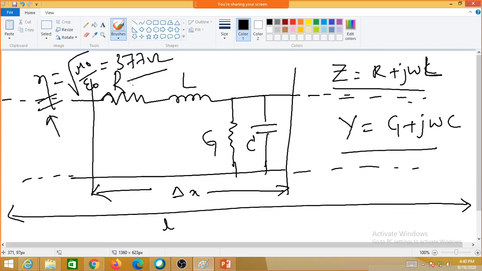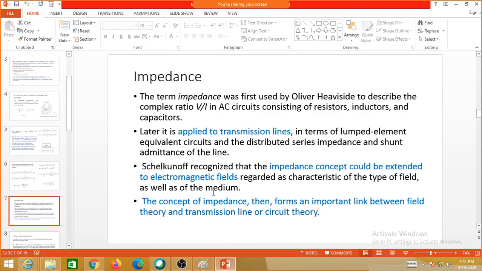How is this impedance related? It is related to the permeability and permittivity of free space. You know the values of permittivity and permeability of free space; you just put the values in and you get approximately 377 ohm. Like this, if you have other particular parameters like mu and epsilon for a medium, you can calculate the impedance of that medium. So it applies to a medium as well as to a field.